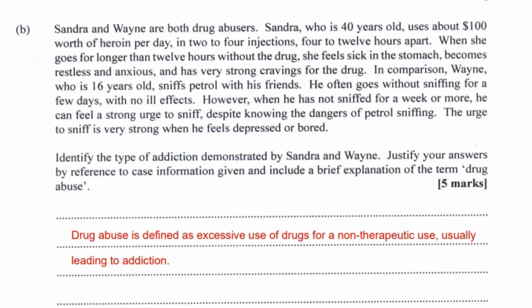The last question here. Sandra and Wayne are both drug abusers. Sandra, who is 40 years old, uses about $100 worth of heroin per day in 2 to 4 injections, 4 to 12 hours apart. When she goes for longer than 12 hours without the drug, she feels sick in the stomach, becomes restless and anxious, and has very strong cravings for the drug. We can safely say that Sandra is undergoing withdrawal symptoms when she doesn't have the drug,